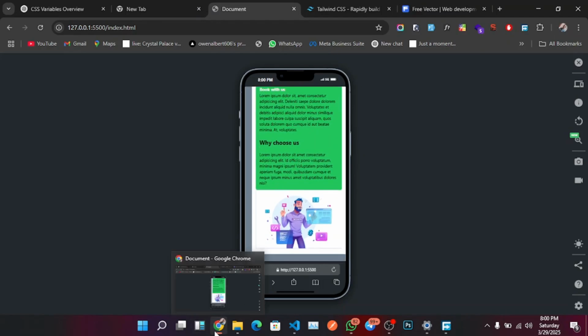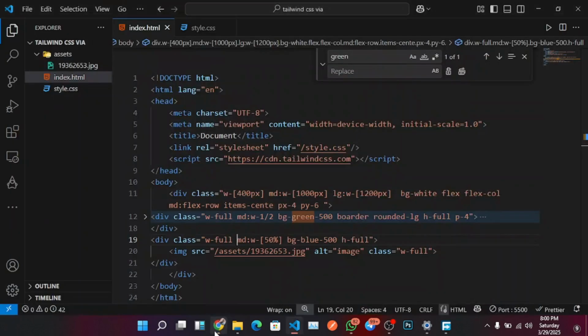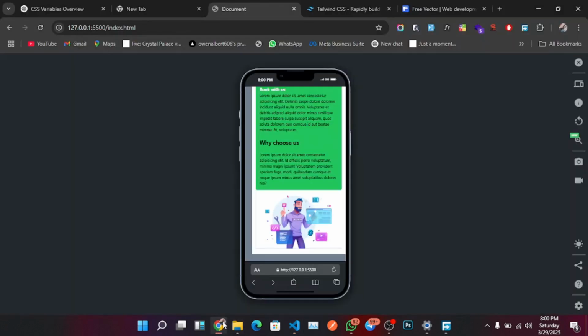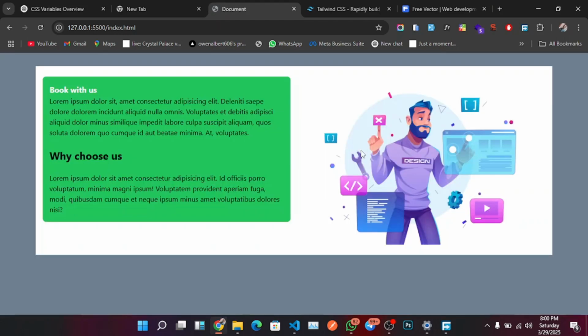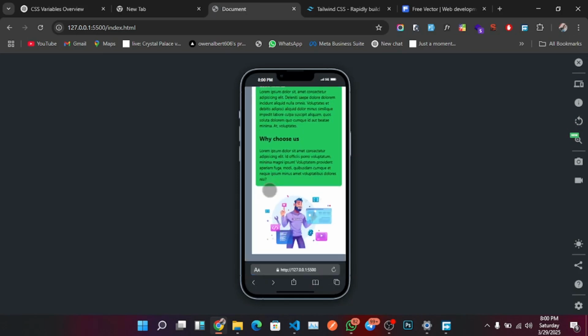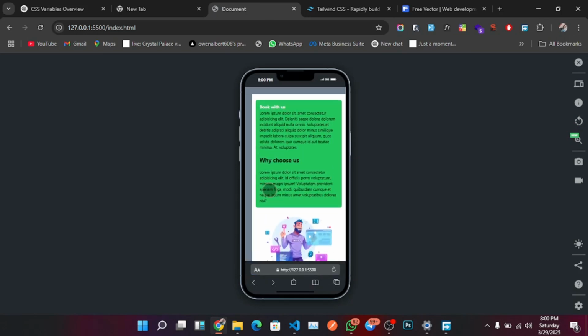So when you look at this, we can give it some gap. After defining our flex, we can say we need a gap of about 4, and when we say we need a gap of about 4, I think we now have a gap between these two. Let's see. Okay, so this is, I think, okay,